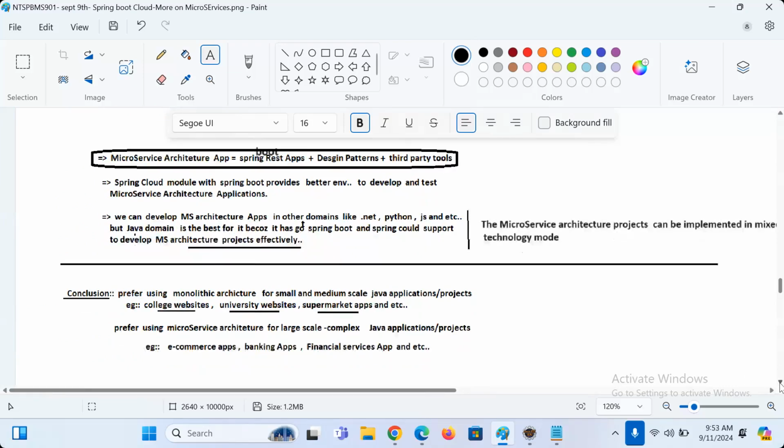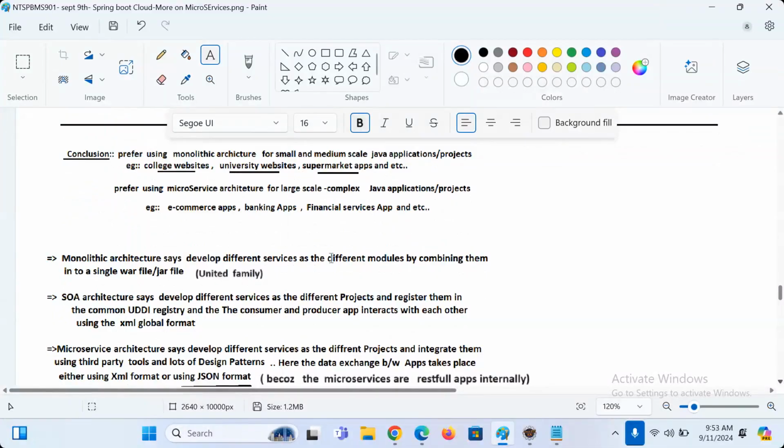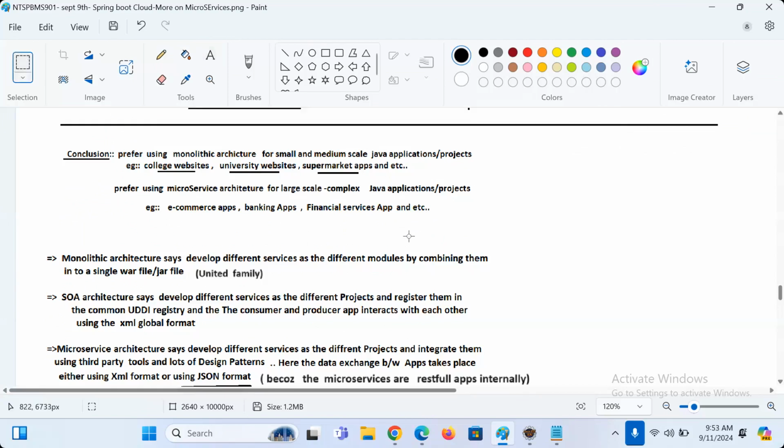What is the conclusion, guys? Final conclusion. Prefer using monolithic architecture for small and medium scale projects: college website, university website, supermarket, etc. Prefer using microservice architecture for large scale complex Java applications or projects. Not only Java, guys, anything.